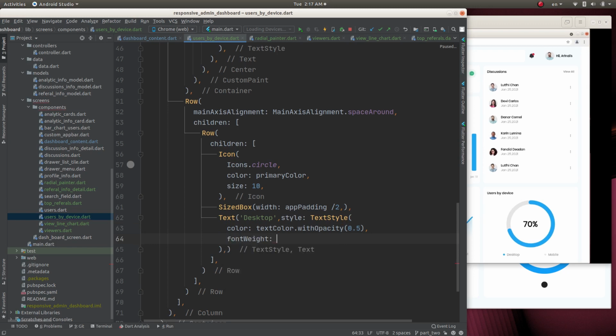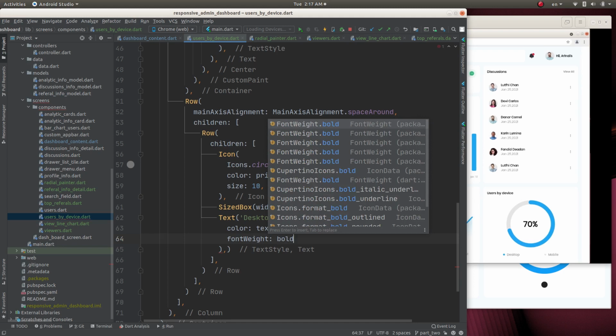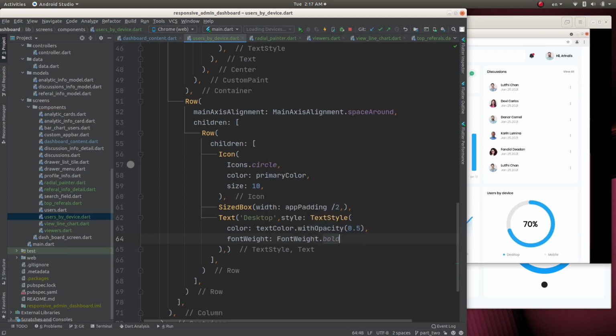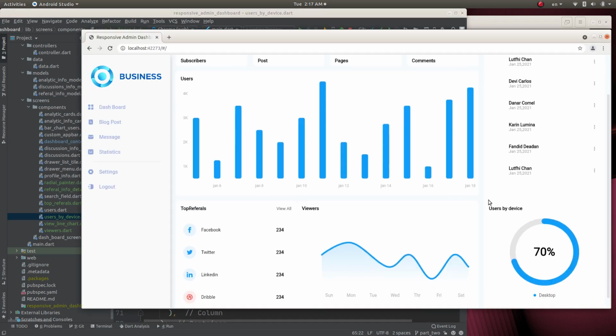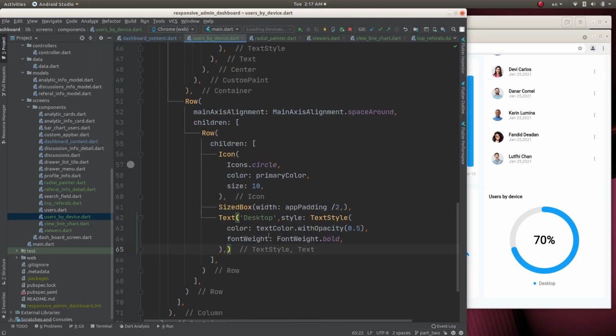Font weight will be bold. Yeah, let's reload and check. Yeah, that's perfect. And let's create one more